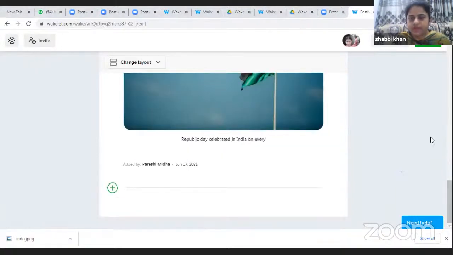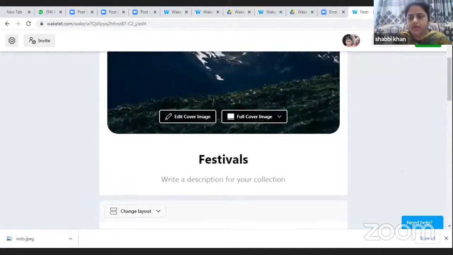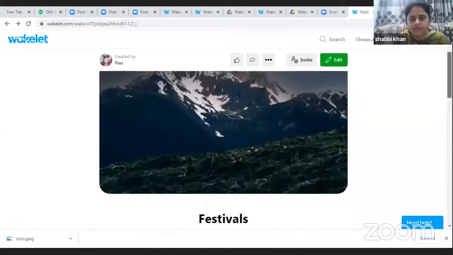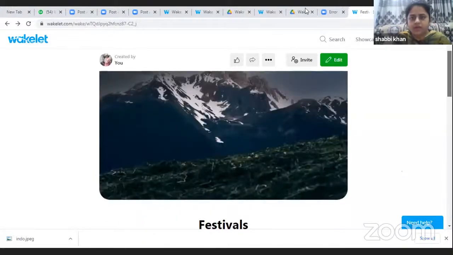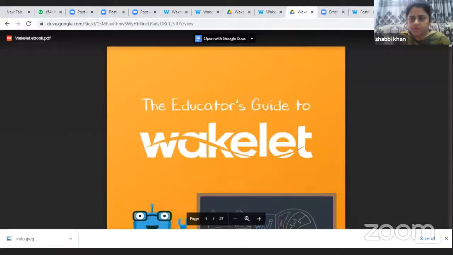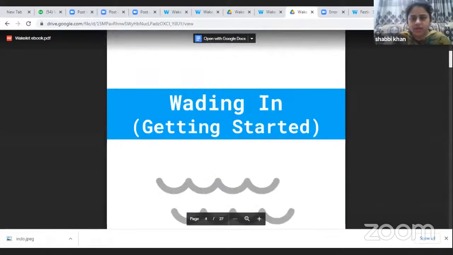This way we can add, and when it is done, you can also add it here and you can send it this way, and done. Another thing which Wakelet is providing is the Wakelet Student Ambassador. The first step when you are joining this Wakelet collection is your, which I will come back to in my presentation, that once you started